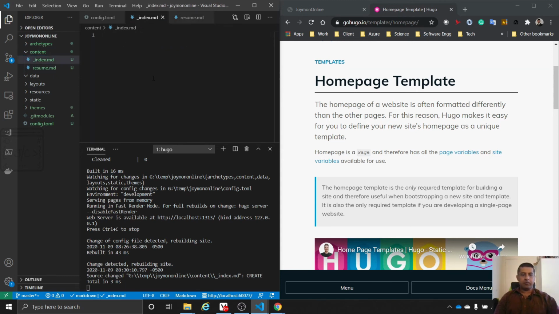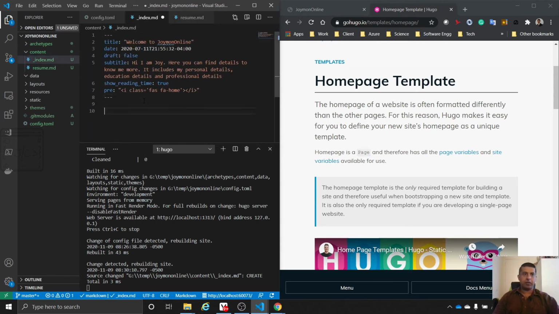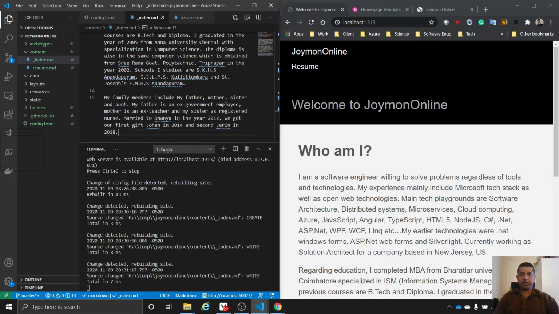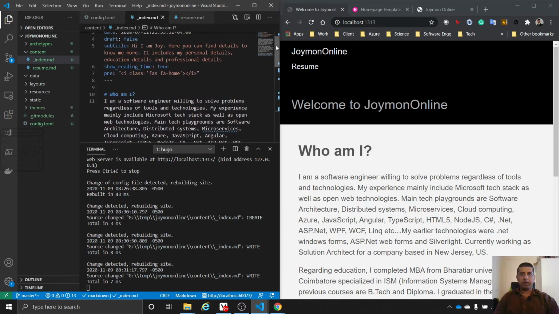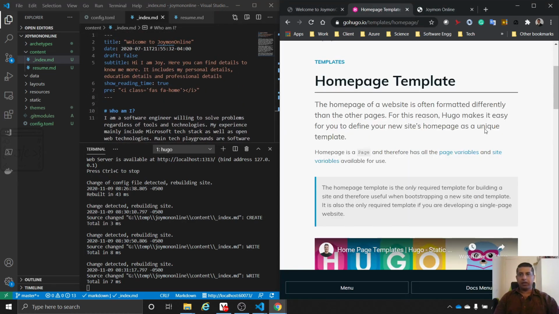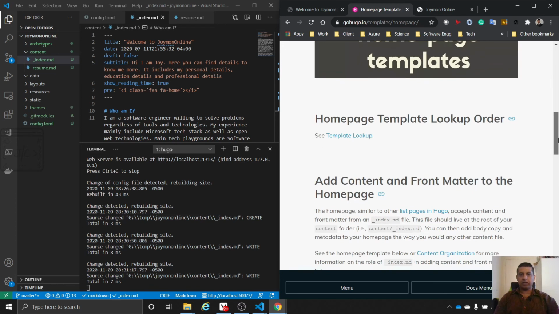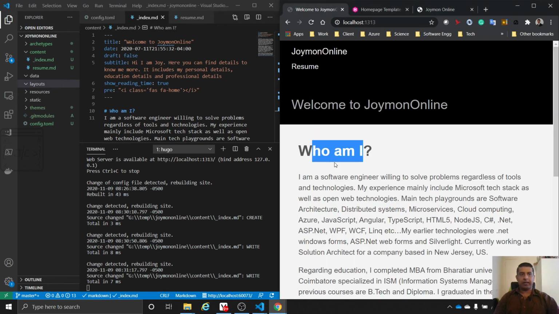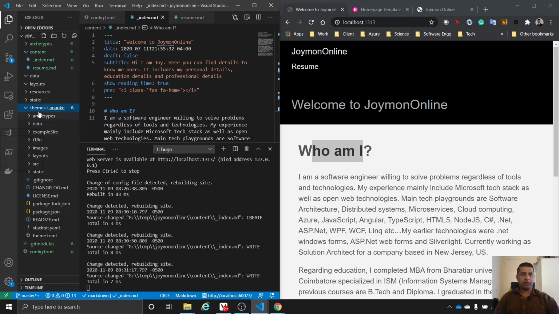We can add some front matter here. I just copy pasted from my other page. So you can see the home page reflected here. This is my home page. This home page can even be separately templated if we have an index.html file in the layout folder. This is again a convention. So here's layout. Under this folder, if you put an index.html, that layout will be applicable for the underscore index.md page. Currently, it uses the layout from the theme. This is a theme, and we'll be going into detail here in a later theming session.